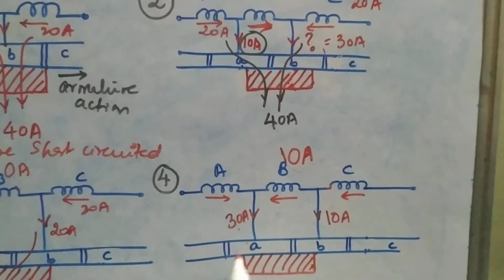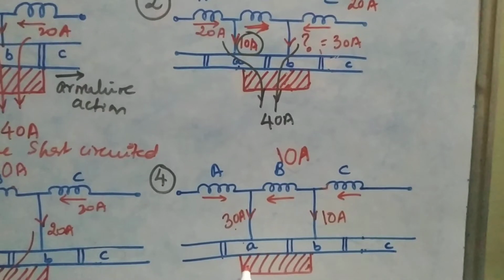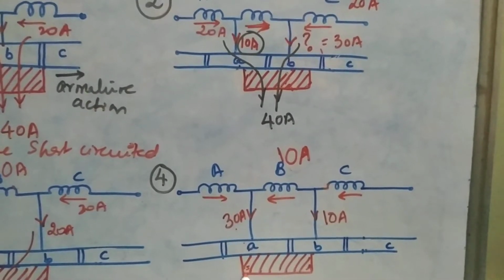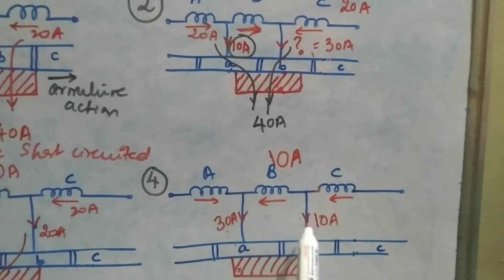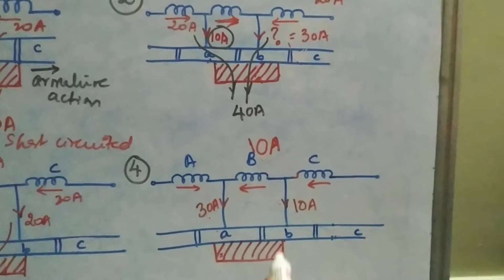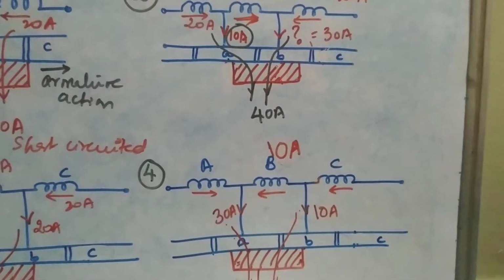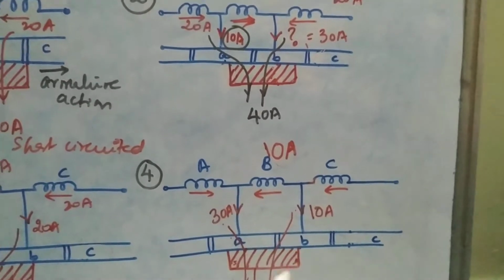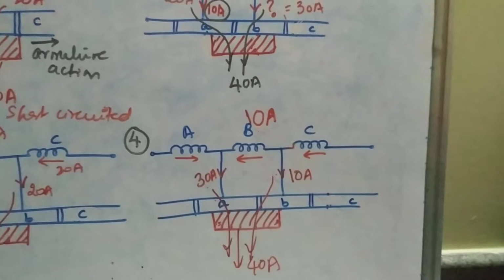Segment A, because it is coming under more contact with segment A compared to that of B. So we will find there will be a reduction in the current at this part. Okay, so totally how much current will be flowing once again? It will be around 40 amperes, right? Which will flow through the brush. Alright, fine.